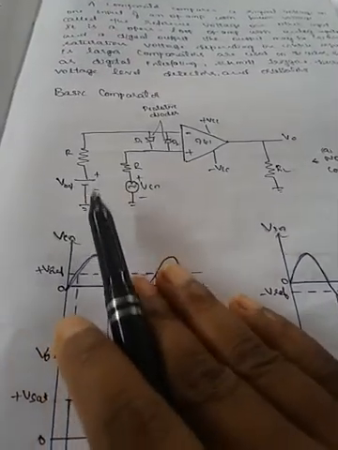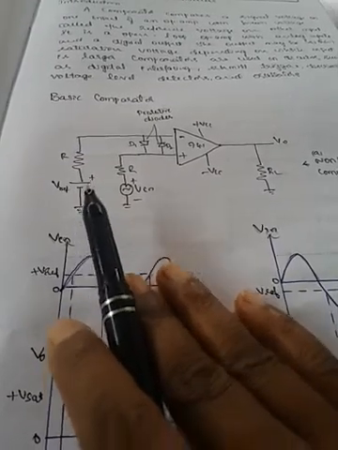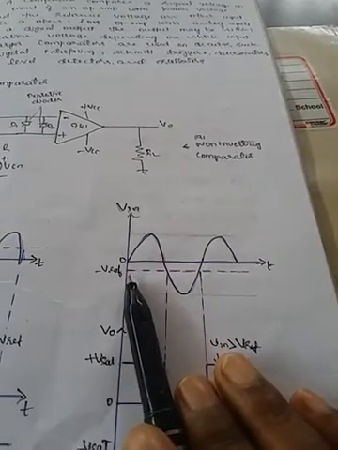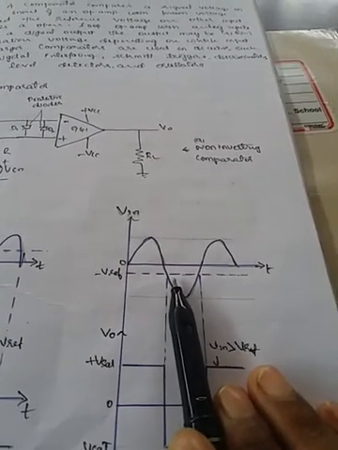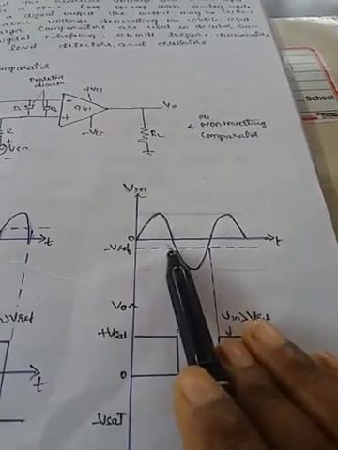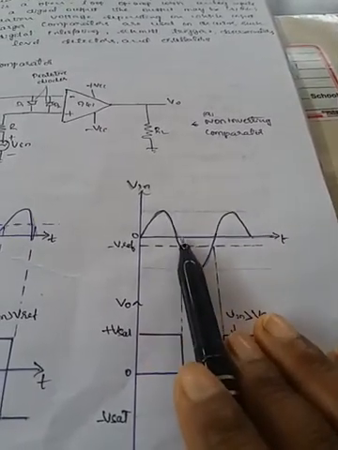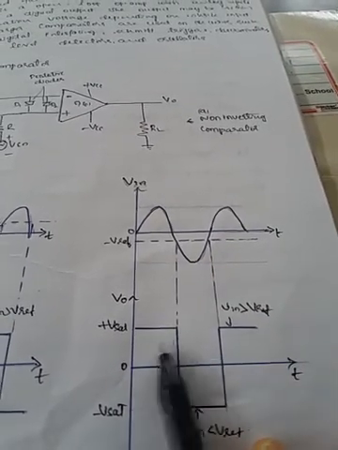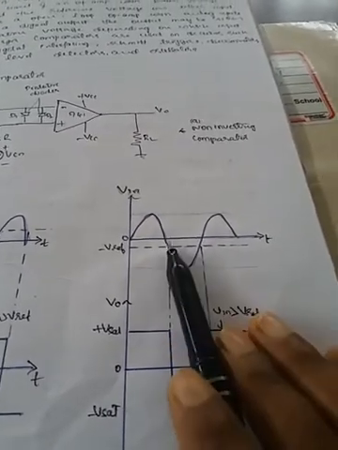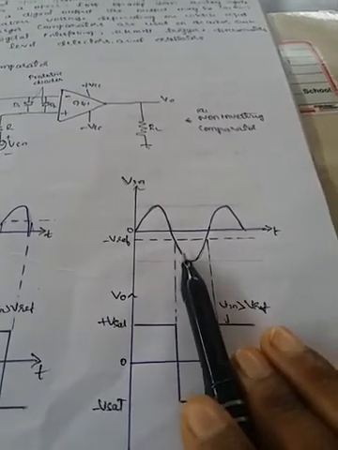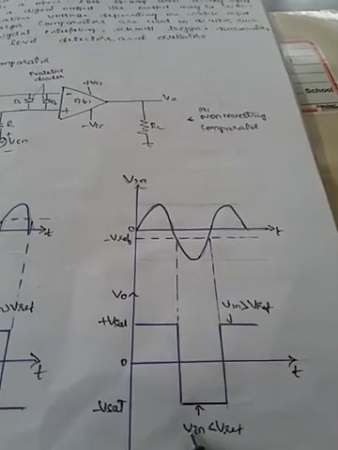Similarly, figure B shows the waveform for a negative reference input. Suppose we reverse the terminals, positive and negative, you will get the negative reference voltage. For example, if we consider some negative reference level, here also it is the same case. From this portion to this portion, if the input is at a higher level than the reference voltage, the output is at a higher level, and from this portion to this portion the input is less than the negative reference level and the output is low.